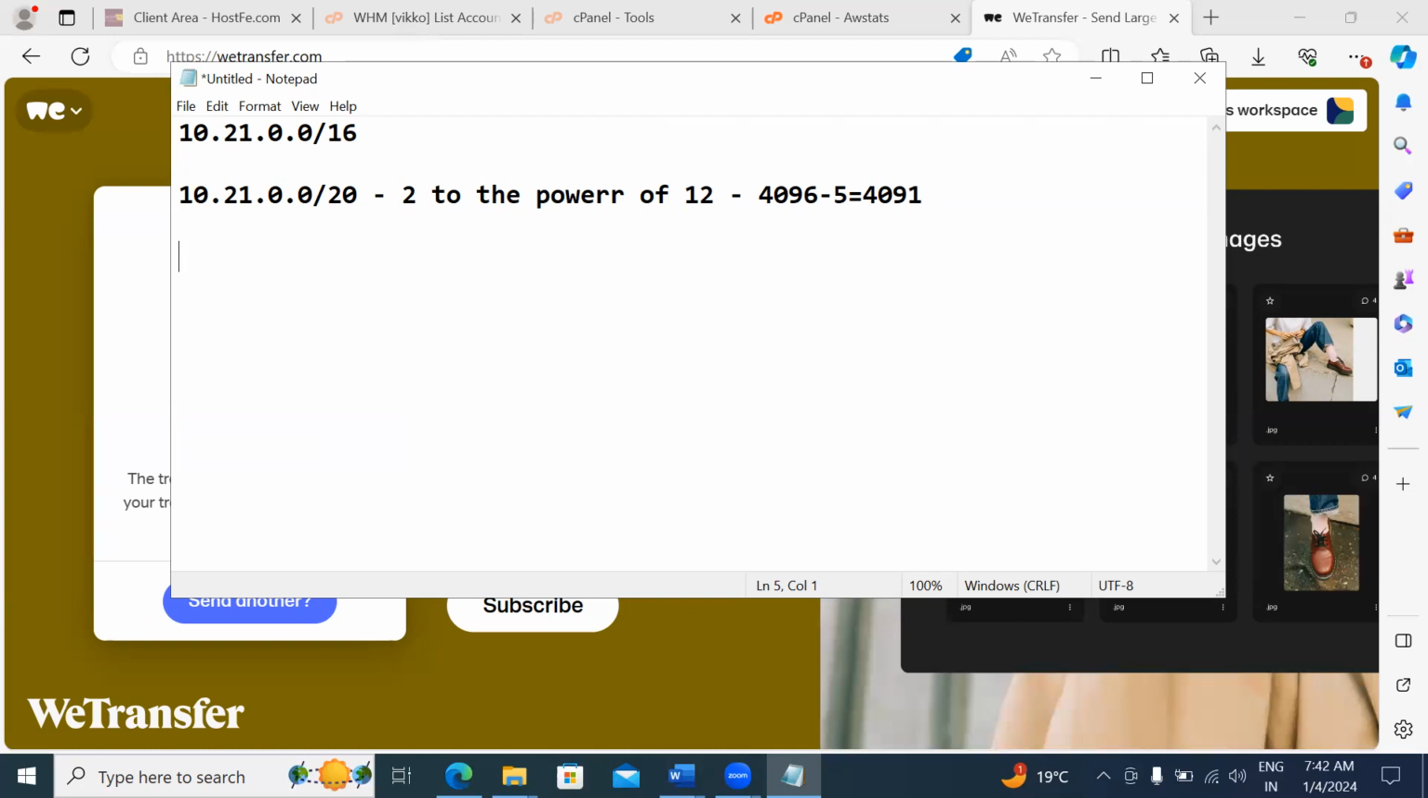Then if it goes to 4096 IPs, can you tell me the next CIDR block for the next subnet? What is the CIDR block we can give? 10.22 we can give? No, 10.22 is not at all. So 10.21 is fixed because here /16 means these 16 bits are fixed. Only the rest can be changed. 21.1? Yeah, 1 is also not possible because assume